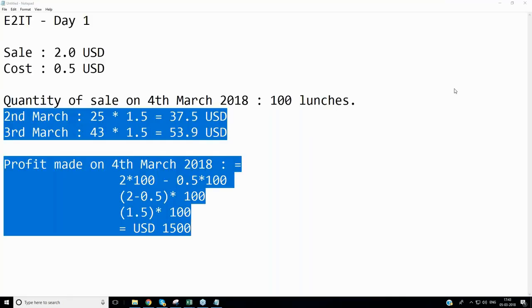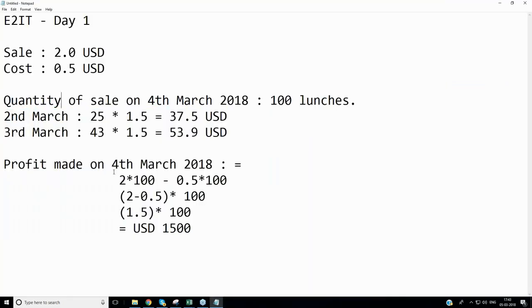Awesome. Let's see now. 1.5 into 100 is how much, team? 150, right? This is what we're saying. Right. So this is not correct. See, I'm a poor businessman with little maths and little IT. Genuine reason of selling is gone.